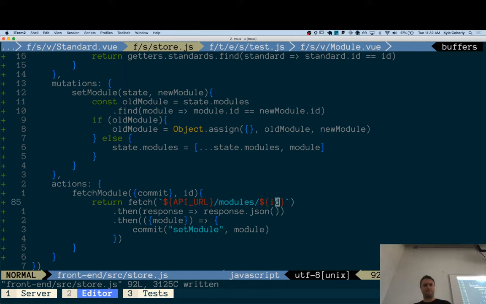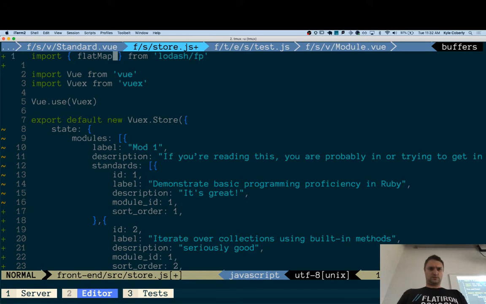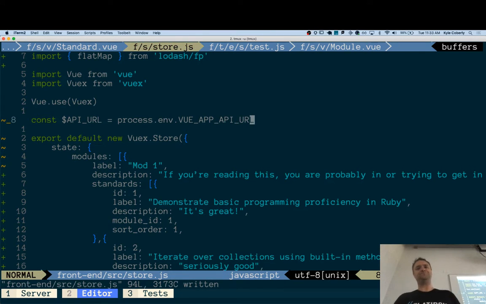Okay. So then that URL should come from process.env.viewApp API URL, and then